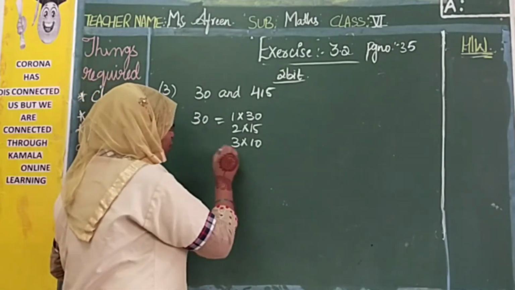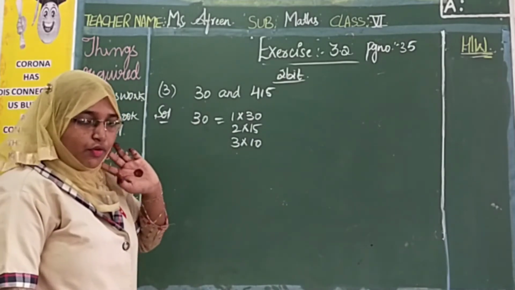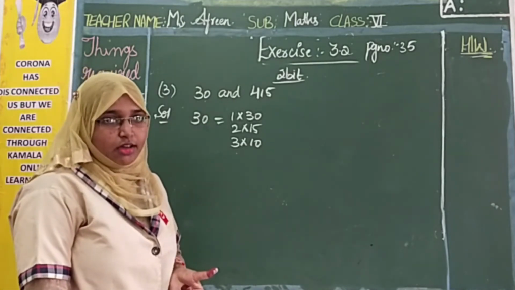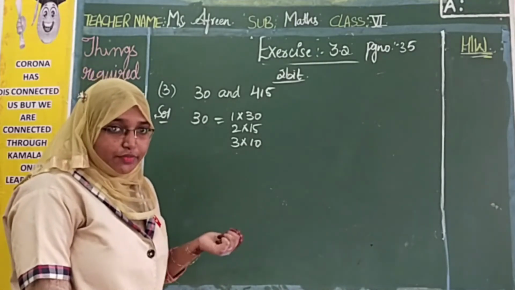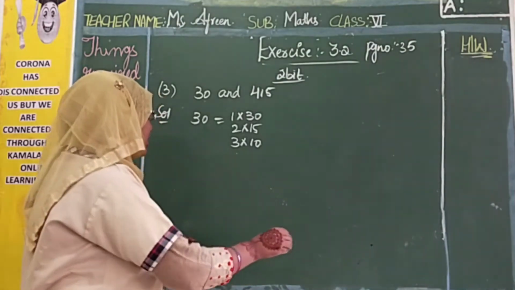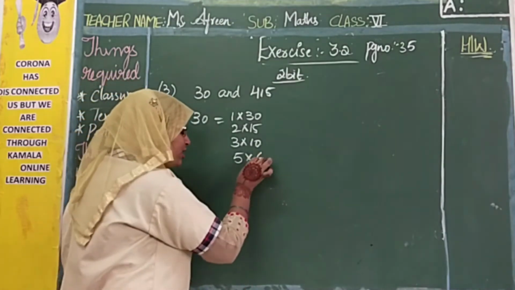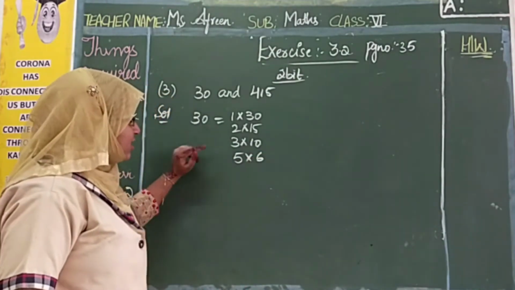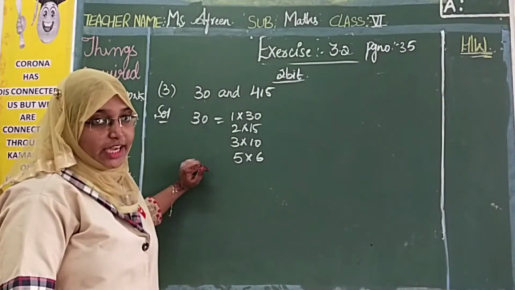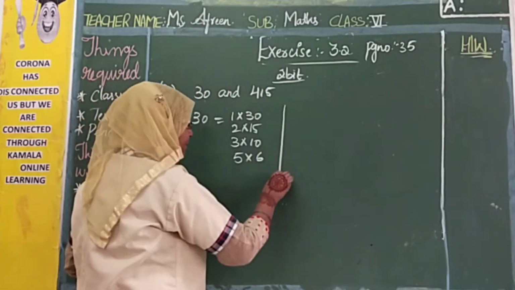Next let us move to 4. What is rule 4? Rule 4 means the last 2 digits should be divisible by 4. But here there are only 2 digits, 30. In 4 table do we get 30? No, 4 5s are 20, 4 6s are 24, 4 7s are 28. Right? 4 will not work. Next let us move to 5. Yes, 5 6s are 30. Next 7 table, do we get it in 7 table? 7 3s are 21, 7 4s are 28 and 7 5s are 35. So these are the factors of 30.